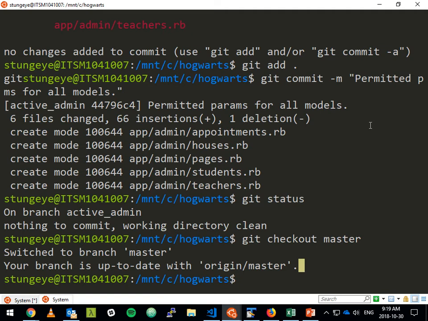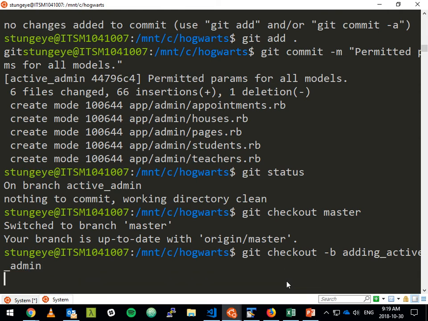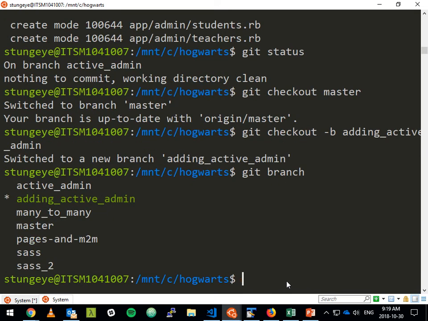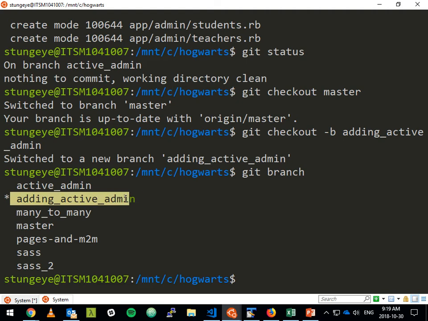So I'll start by making a branch into which I can do this work. I'll do a git checkout -b, and I'm going to call this adding active admin. That creates the branch and also switches me to that branch. You can always check that out. If I do a git branch, it'll show me the different branches that exist and the one that I'm currently on. At this point, this branch is identical to master because I branched from master to this branch. So they're both at the same point, and they'll start to diverge right now when I start to make changes